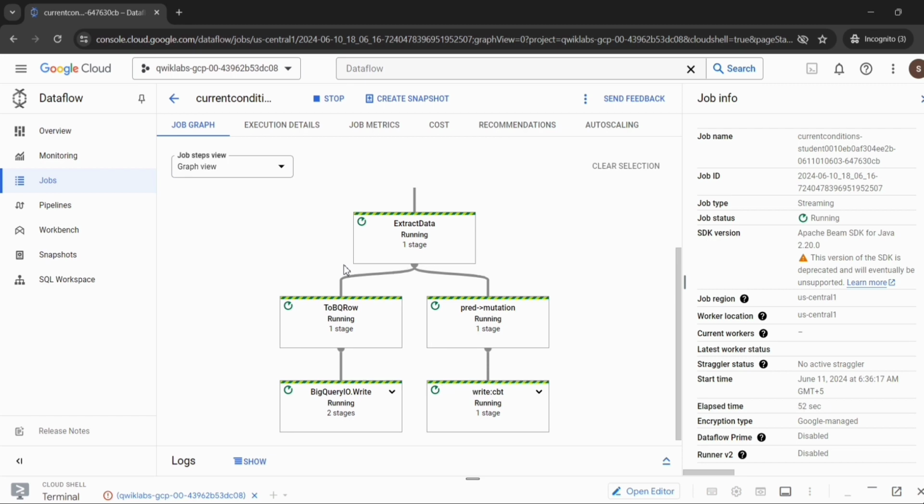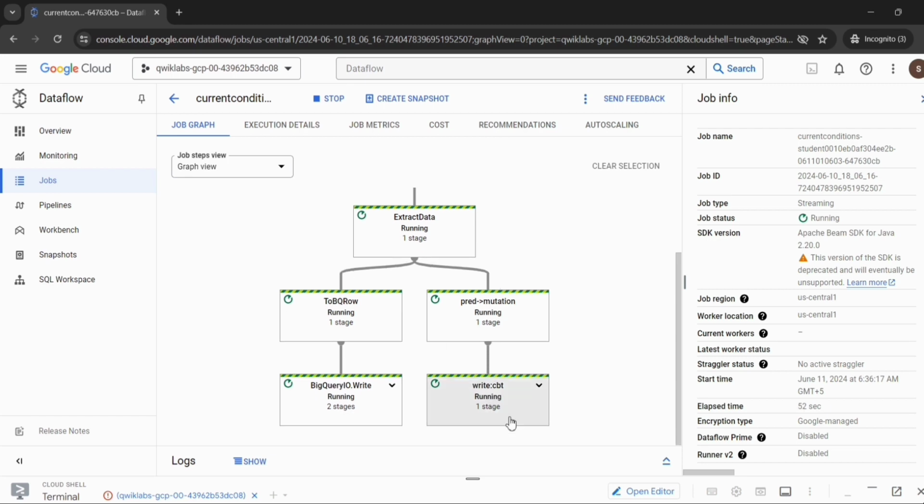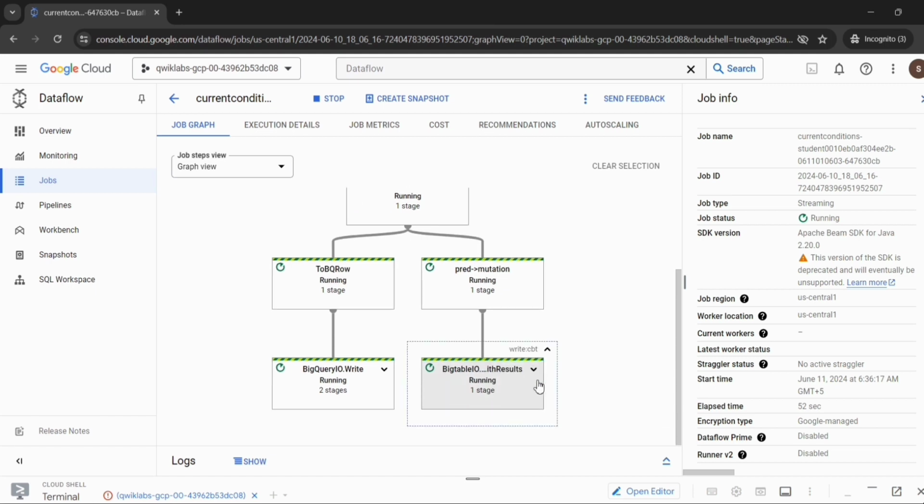Click on the drop down arrow. Here you click on the drop down option. Now click on the provided writer and review the details provided in the step info.